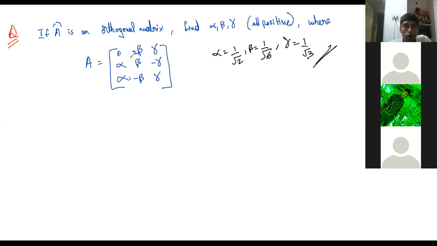What is the dot product of these two? Alpha square minus beta square minus gamma square. Who knows if that is 0? But now check the dot product amongst your columns. The dot product of these two, what do you get? 0. Immediately we get it as 0. Similarly, these two, the dot product of this column, 0. First and third, also 0. So that itself gives a clue that it is easy to verify things about a column.